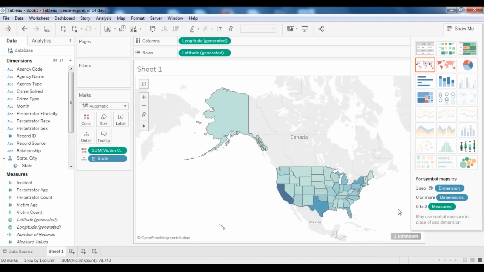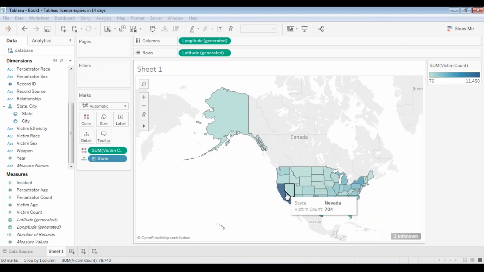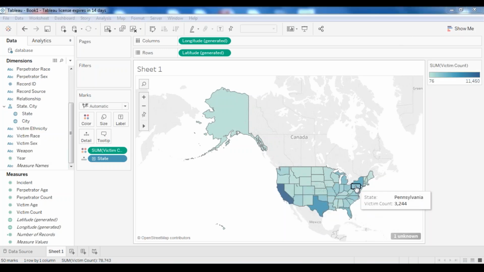And now you can see that the colors are different. Somewhere the blue is darker, and the place where the blue is the darkest is California, and the victim count is 11,450 here. Next one might be Texas with 7,048 victims. Now this shows the overall victim count across all years, and if you want to see it just for a